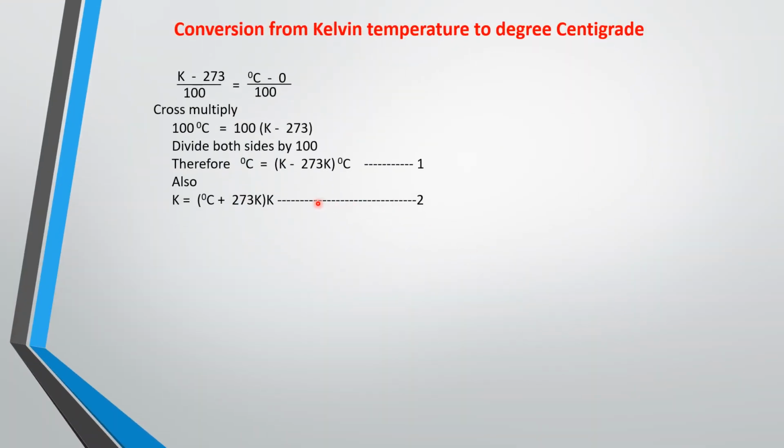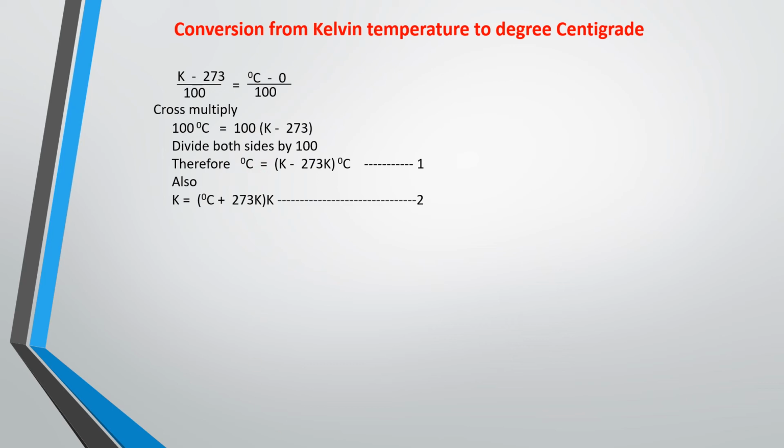Okay, so this is conversion from centigrade to Kelvin. Just as we did for the other one, this is the temperature that you don't know, and this is what you know. So you want to find a corresponding temperature. This is the highest point for the Kelvin scale, and this is the fundamental interval, just same thing as this. So by the time you do your cross multiplication and all that, you are going to have that